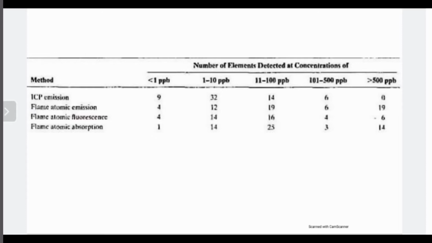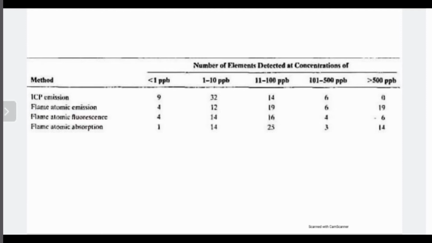In this table we can see that if the concentration is below 100 ppm or ppb, then up to that we are able to determine a large number of elements. But at such low concentration with the other flame techniques, we are not able to determine as many elements. So techniques like ICP and DCP sources are quite useful for the determination of elements at quite low concentration, and if the concentration is quite high, then we can switch over to the flame emission techniques.